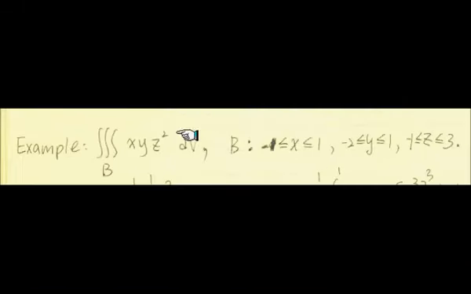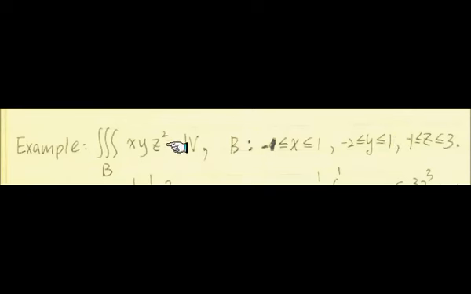So let's take a look at this example. We're looking at this density function x, y, z squared, over this box B, which has these limits. There are no x's and y's here depending on each other. There are absolute bounds from -1 to 1, -2 to 1, -1 to 3. So that's going to be that rectangular box we have seen before. This whole thing will measure the mass of this object, where the density of the matter is given by